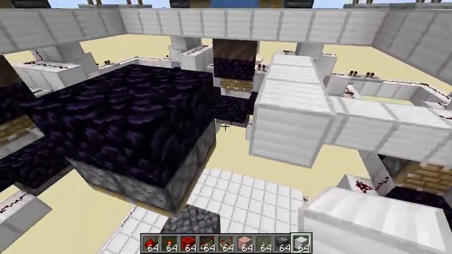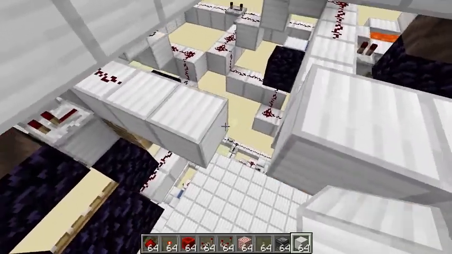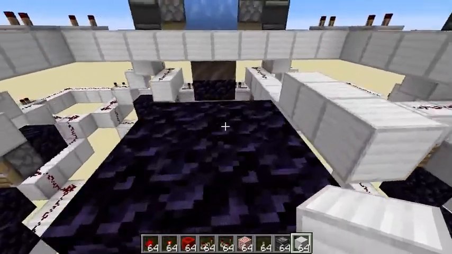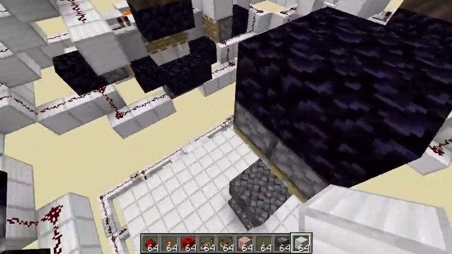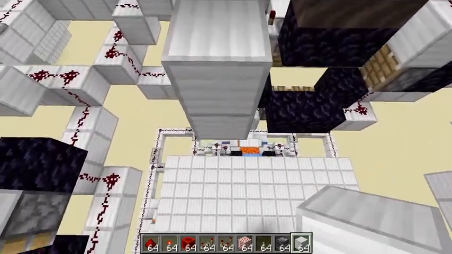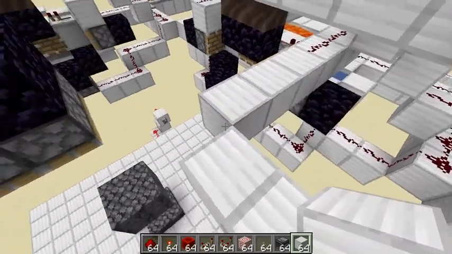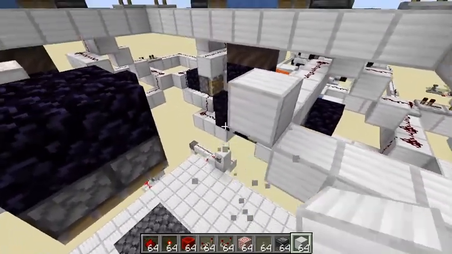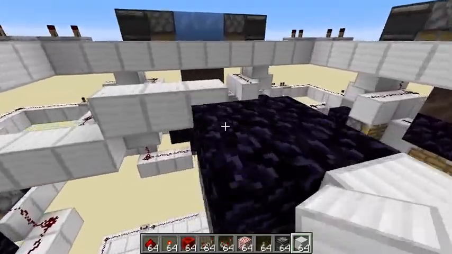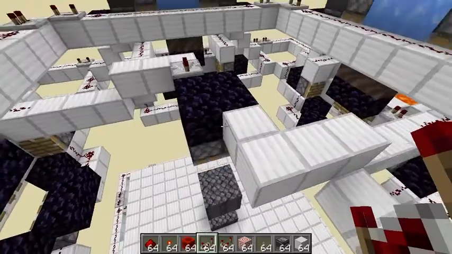And then we'll just come across like this. Now on this one, we can do a little something different, because we don't have to power the pistons individually, because we can power the block on top of them and that'll work. You can't power the block underneath a piston facing upwards. That won't make it turn on. But when you power the block on top of a piston, that will make it turn on. Which means that in this instance, what we can do is place our repeater here and here,